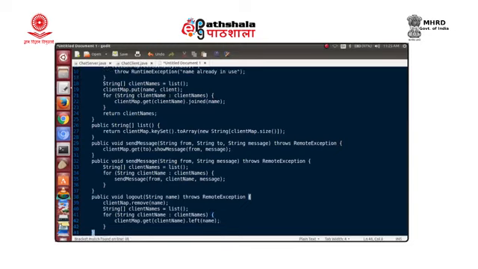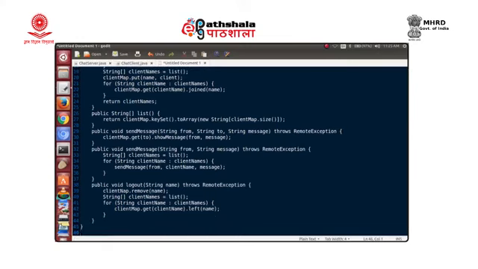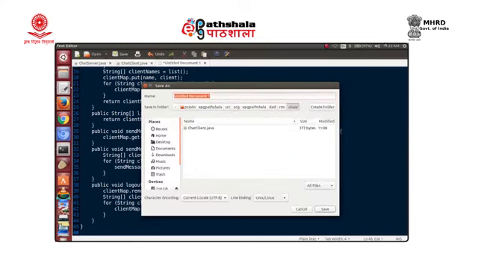So that is our implementation for the chat server interface. And now, the last one. There is one more component to be developed for the server side. Let us save this, we have not saved it yet. We have to save it in the server.